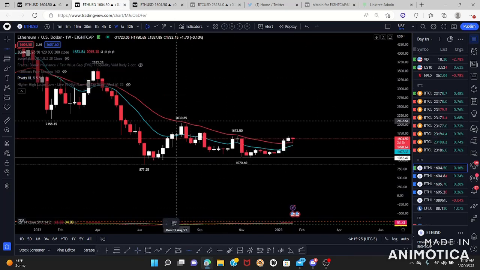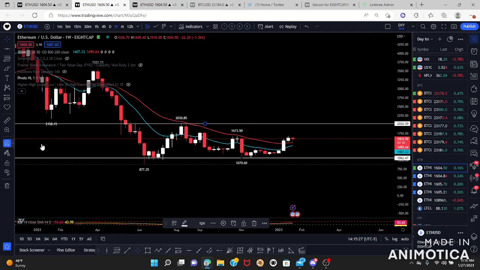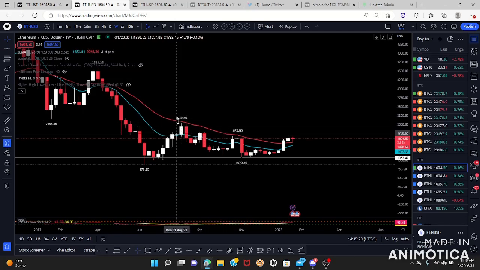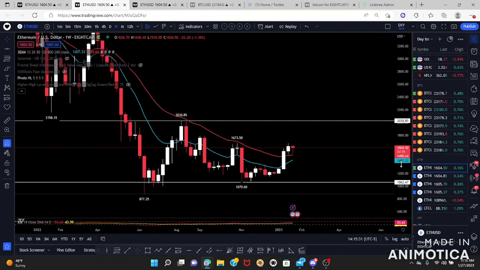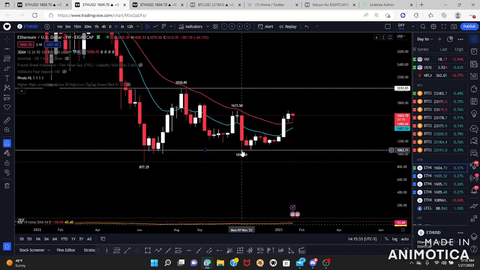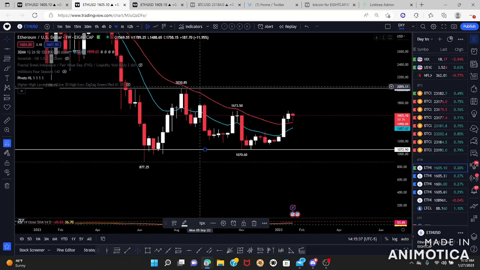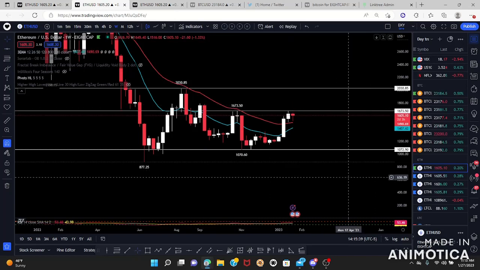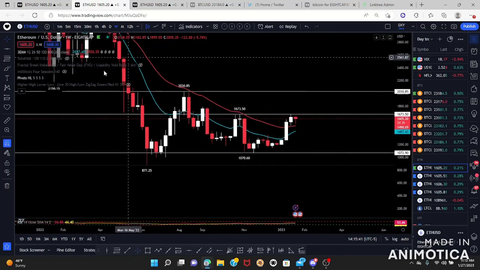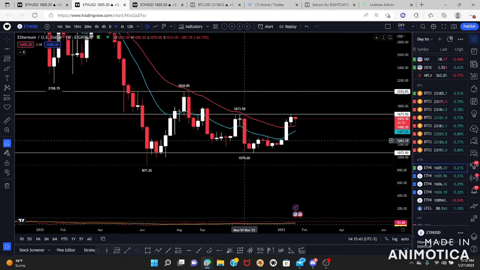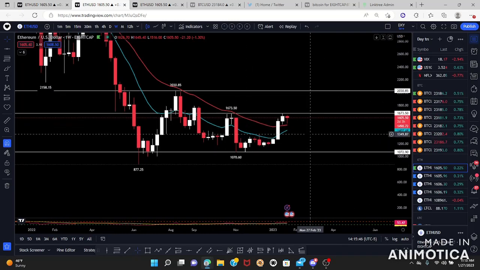Perfect. And turn on the magnet too. It helps the trend lines come really nice and close to the highs and lows. And this is our mix. Perfect. So now that I have my support and resistance lines within price action, I'm going to go ahead and